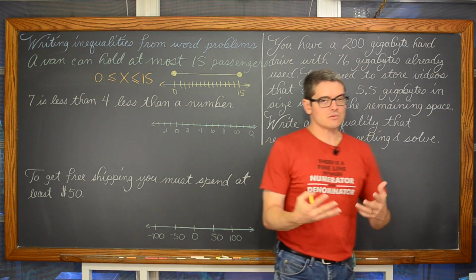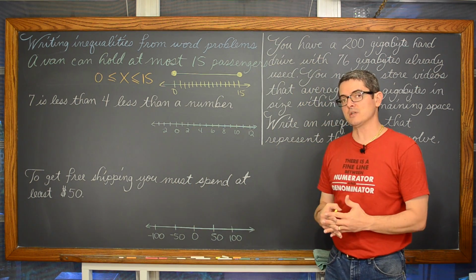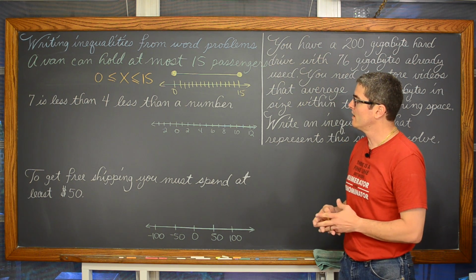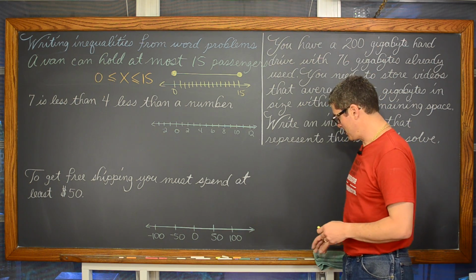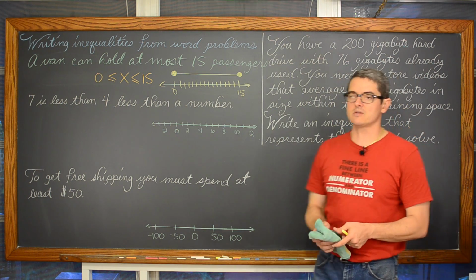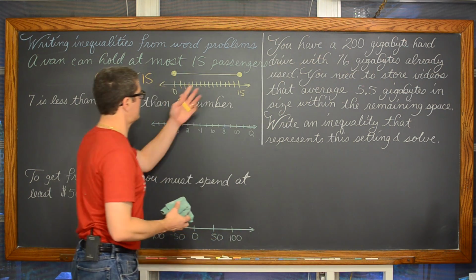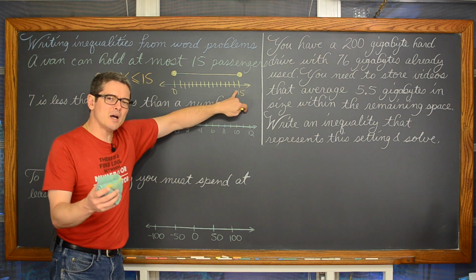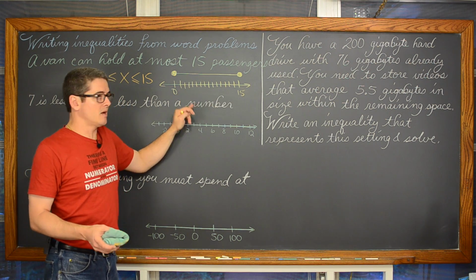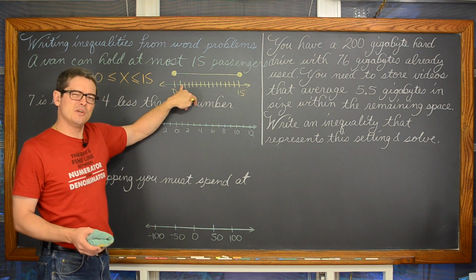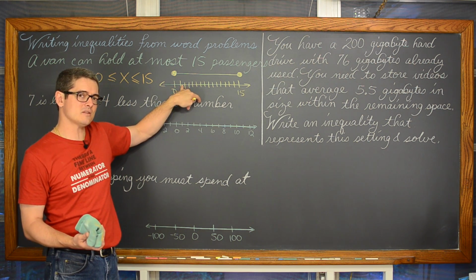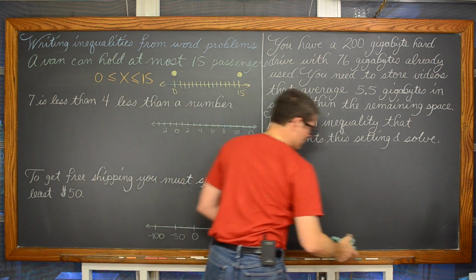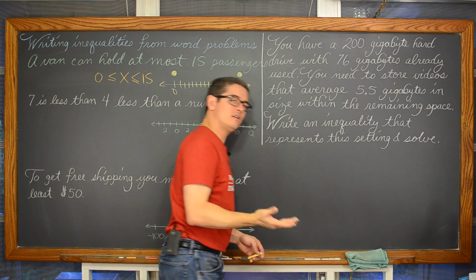Maybe in certain circumstances or with your teacher, that would be sufficient. And honestly, in some of my classes, I think I could probably take that as an answer as well. But it's a little bit unrealistic, applying this simple little sentence and this idea of inequalities and shading on a number line. If I shade that solid, I'm including every single real number between 0 and 15. And am I going to get 1.23 people on a van? That doesn't make any sense. So a solid line with my new revised example would be really technically incorrect.